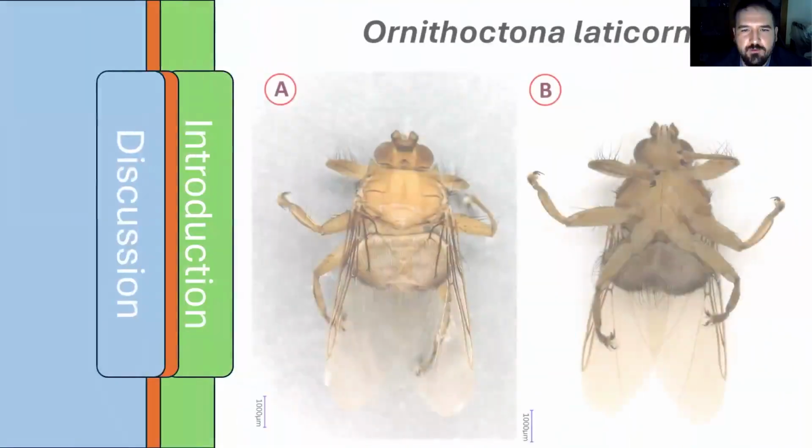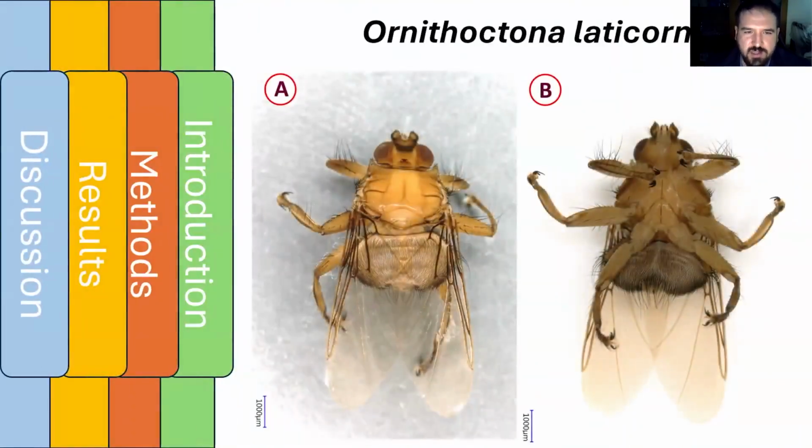Before finishing, I just wanted to mention that it's not just ticks we examine from birds, but other parasites too. For example, louse flies, which are also significant parasites of birds. This specimen here is Ornithophila laticornis, which, just like Hyalomma rufipes, is a sub-Saharan species, which was first discovered in Hungary during our research and for the first time in Europe.